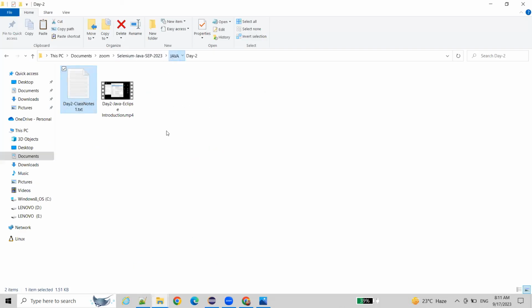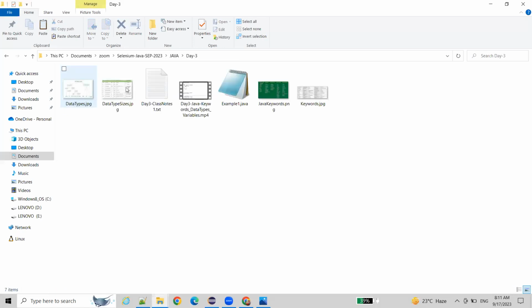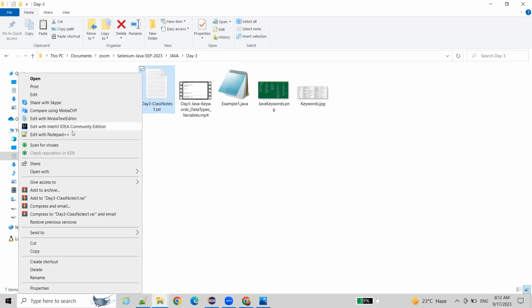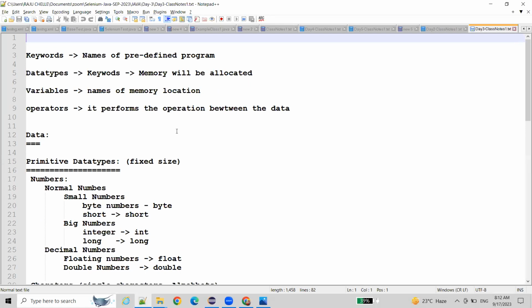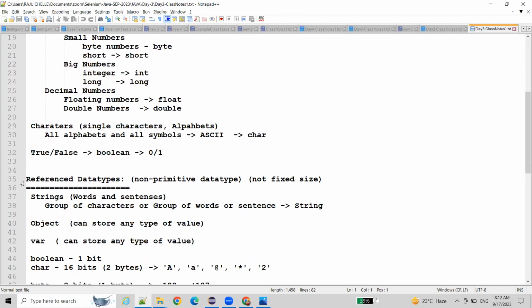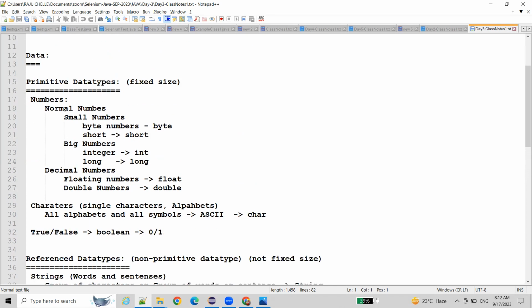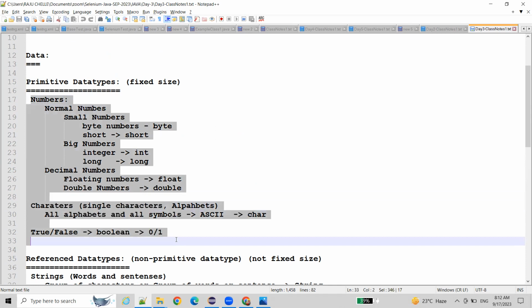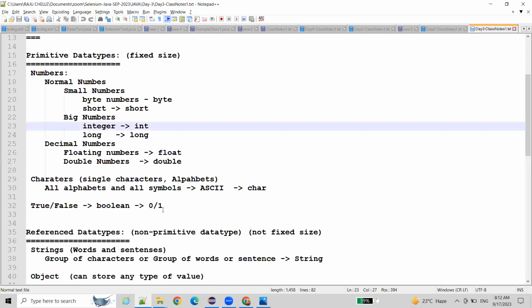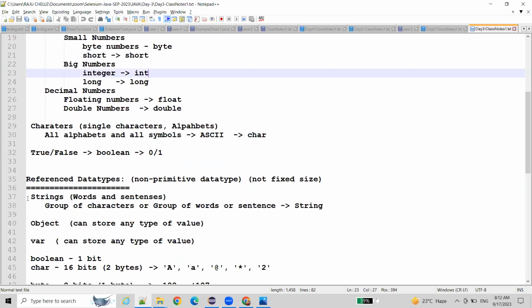So we have the referenced data types part, right? Till yesterday we have seen primitive data types, fixed size data types, and also non-primitive data type, that is string only. Along with the string, whatever we create with the class keyword, that we call again